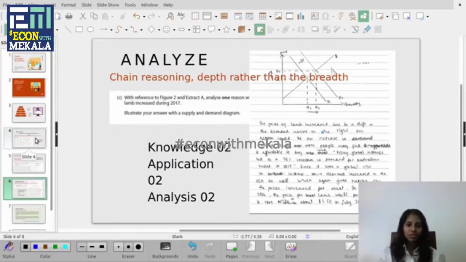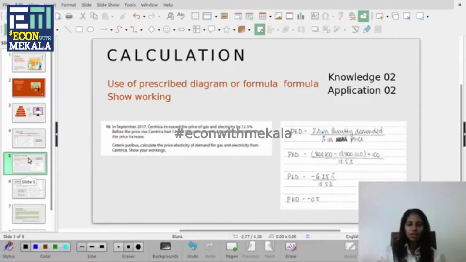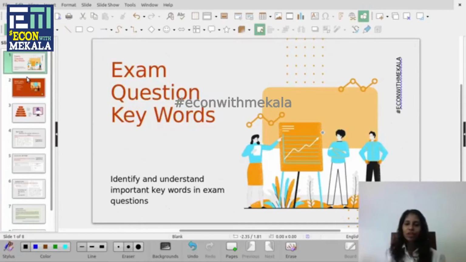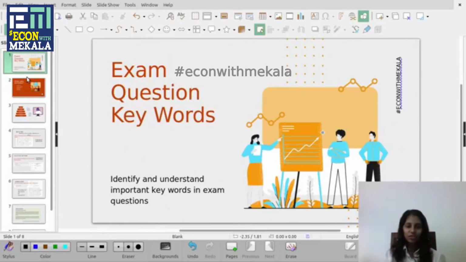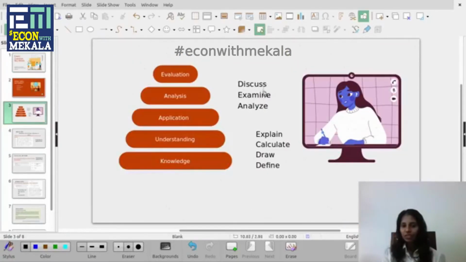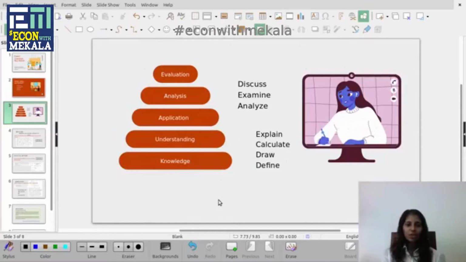Right, so we discussed define, we discussed calculation, and we discussed analyze. These are the very common questions you will find in your question papers. I am expecting to have another online discussion to discuss evaluation, examine, and discuss questions. So you can see they have discussion questions, examine questions, and we did not discuss explain questions. I thought you all would find it very helpful for your understanding if you are a student taking either Edexcel or Cambridge O levels or A levels.